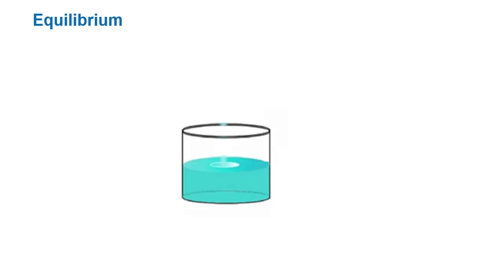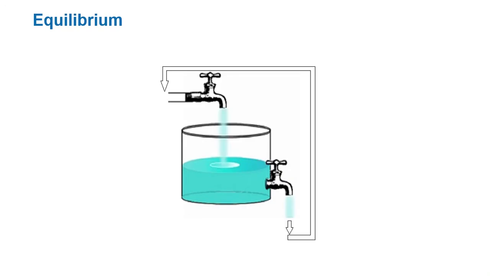Now, let us understand equilibrium. Imagine a water tank. When you connect two taps to the tank, one each for water out and water in, what do you observe? There is discharge of water and supply of water, but the net quantity of water remains the same in the tank at any given point of time, right? This is equilibrium. What is equilibrium? The equilibrium is where the forward and reverse reactions take place at the same rate and there is no overall change.